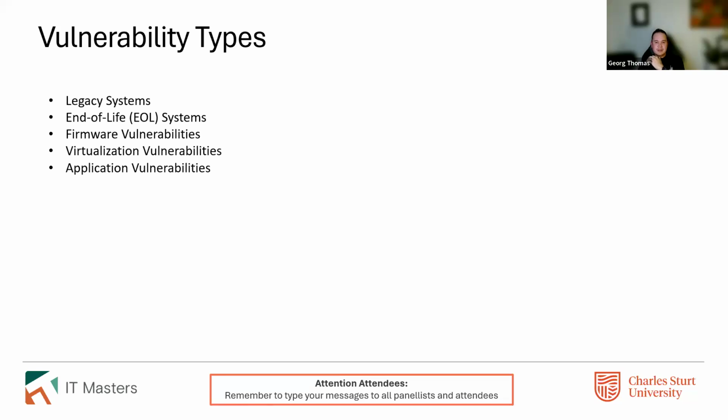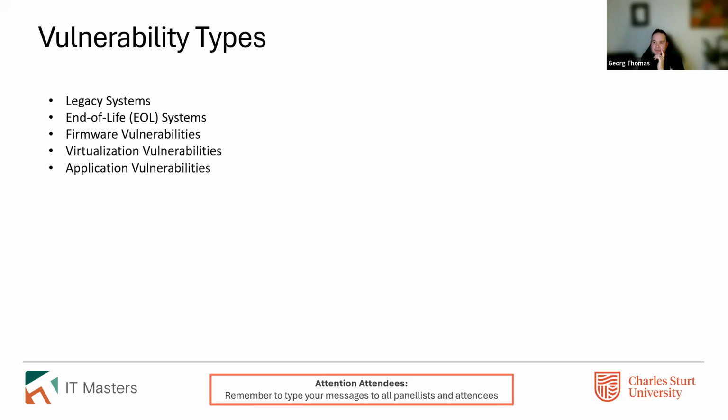Vulnerability types: legacy systems. I kind of alluded to that in the previous slide where I said that Microsoft took that unprecedented step of patching Windows 2003 and XP. So legacy systems are basically platforms that are no longer supported. They're old. They should be replaced. For example, if someone's running Windows NT4, that's legacy, 100%. In fact, if you're running Windows 2012, 2012 R2, legacy. Anything that's considered a system that is no longer supported by the vendor. And that really ties in well with